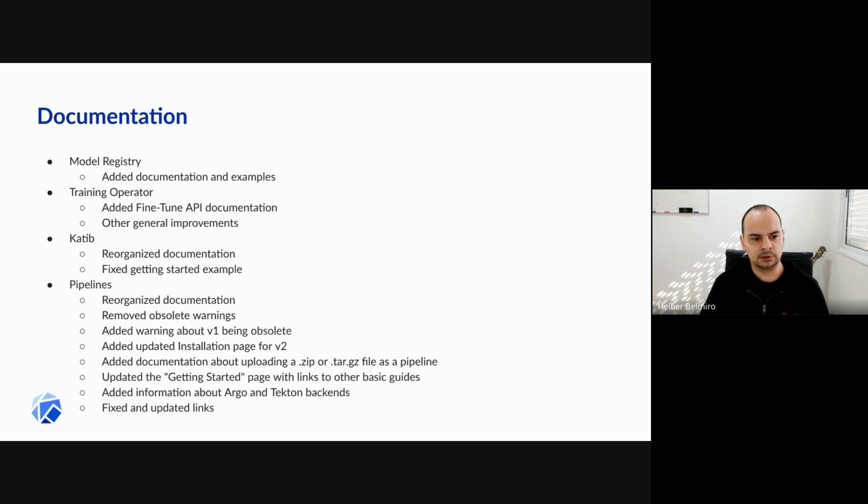And for documentation, we did a lot of improvements. I'd like to highlight for model registry, we added documentation and examples. For training operator, we added fine-tune API documentation and other general improvements. For Katib, we reorganized the documentation and fixed the getting started example. For pipelines, we did a big refactor in the documentation. We used to have two sections, one for V1 and one for V2. Now we have one specific section for V2 and